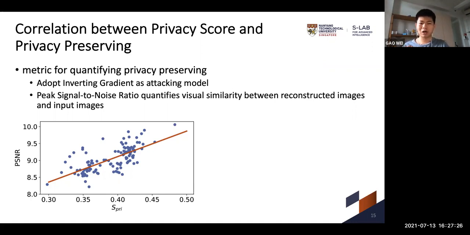And we also need a metric to quantify the similarity between the recovered input images and the clean input images. Then we utilize the peak signal to noise ratio, which quantifies the visual similarity between reconstructed images and input images. We find that there is an approximately linear positive correlation between the privacy score and PSNR. This means that our privacy score is a good proxy function to measure the privacy preserving ability. Furthermore, our privacy score is very lightweight, and it can be calculated in 10 seconds, and we can